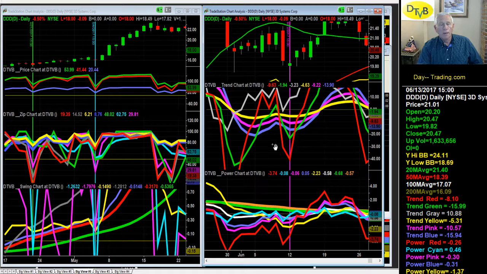Because when red crosses under zero in a normal fashion with the trio above zero, that is the signal for the turnaround day, and it reverses back up the next day. Obviously, if you don't have any verification, like a red spike, or maybe your zip Zion line, or some other down touches or up touches to identify which way the thing is going to go, you would then see that the pattern